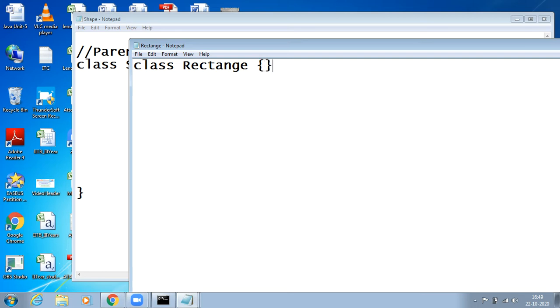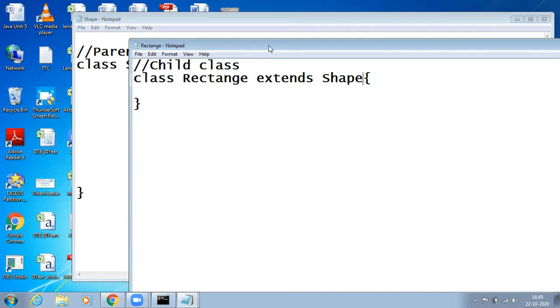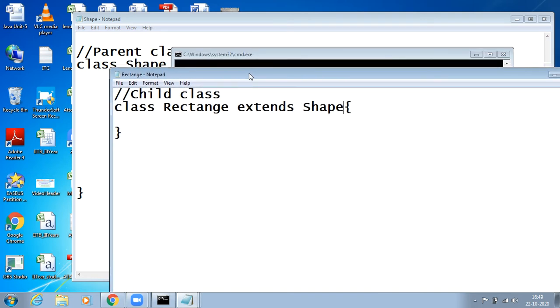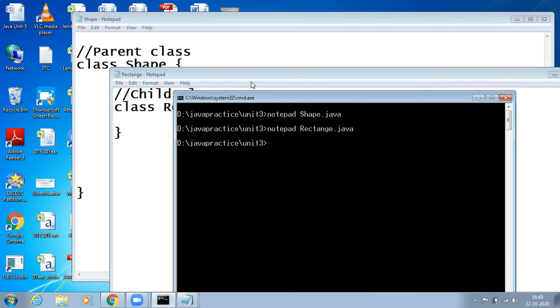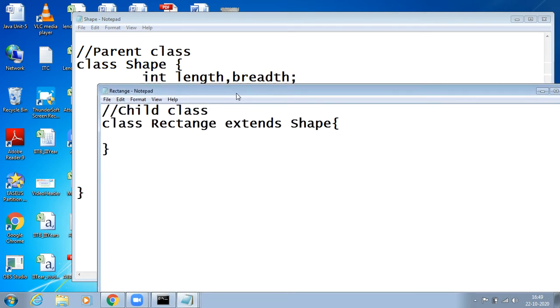Rectangle is a child class, so after Rectangle, use the keyword extends: extends Shape. The way to say it is: Rectangle is a child class that extends Shape.